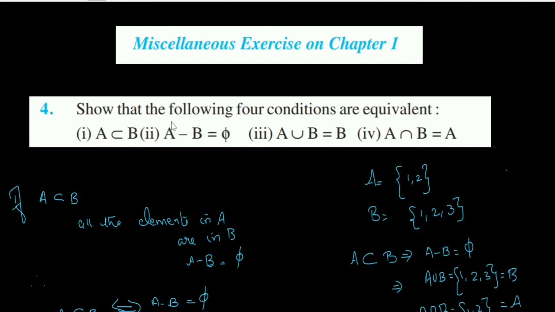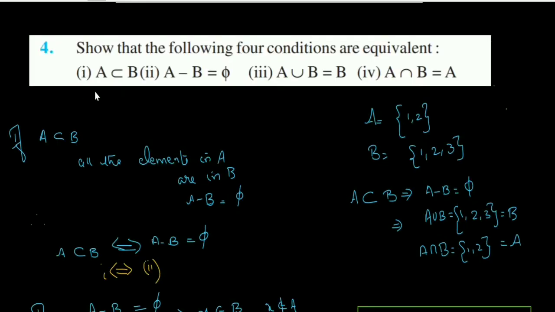That means if one statement is true, the second statement will be true, third will be true, fourth will also be true. If one statement is false, other statements will also be false. So we are going to prove that these conditions are equivalent. So let us first prove 1 is equivalent to 2. For that, the first condition is A is a subset of